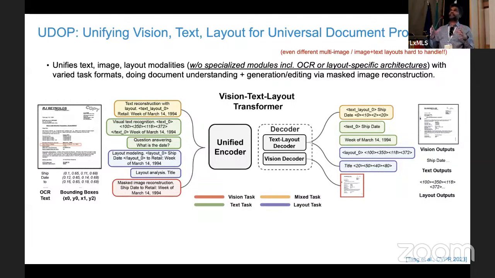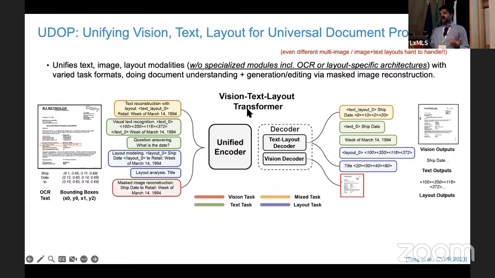So that's the basic idea, that if I'm also doing masked language reconstruction or masked image reconstruction, but forcing the model to also tell me its location and layouts and the x1, x2, y1, y2 coordinates, that's not just teaching the model to be layout independent, but also teaching it the location and the kind of text and images that occur. So that was the only sort of simple innovation here. If you see the color-coded things here, the green, yellow, and purple are the independent single modality pre-training reconstruction objectives. But then we also have the yellow ones, which are the mixed reconstruction. So you're doing text reconstruction with layout.